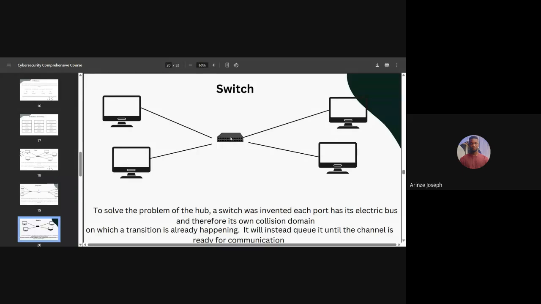So what the switch will now do is look at the information and ask: where is this information coming from and where is it going to? If you take a look at the header, packets have what we call header. So it is in the header that the information about the computer